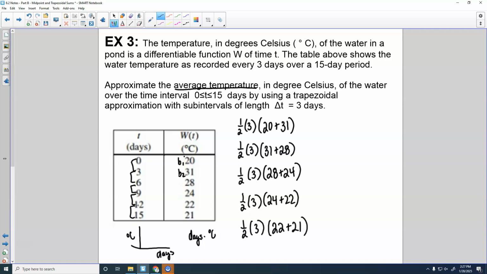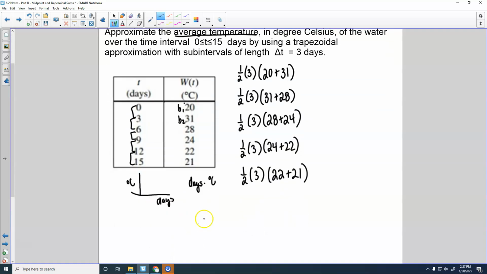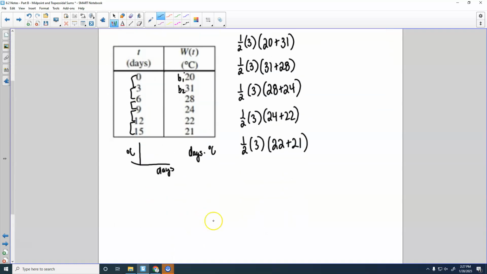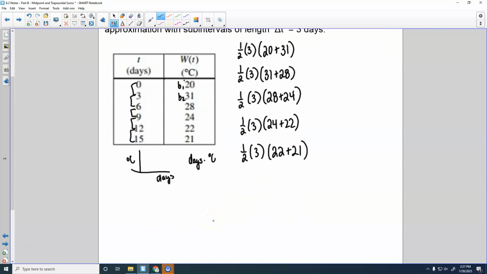Now, if I'm going to put this all in the calculator, because all those have to be added together, I would prefer not to type every bit of that in. So let's reason through what we could do here. First of all, every single one of these has a 1/2 and a 3, correct? So would it be okay if I just take 1/2 and 3 and pull it out front like that? Yes. Okay. So that would leave me with doing 20 plus 31